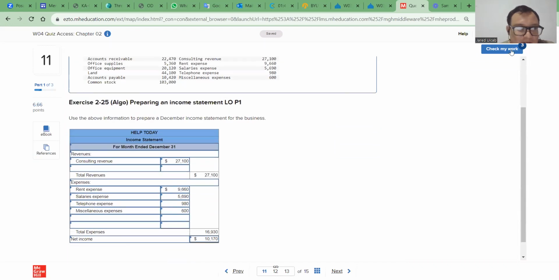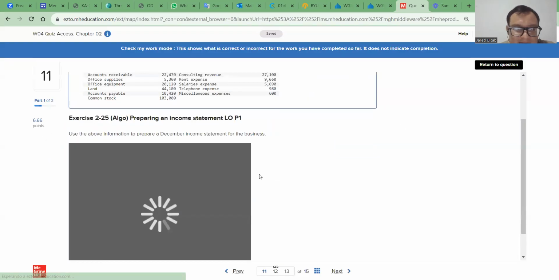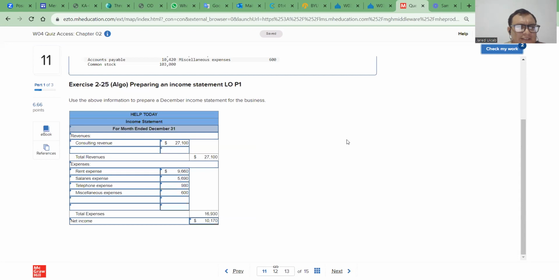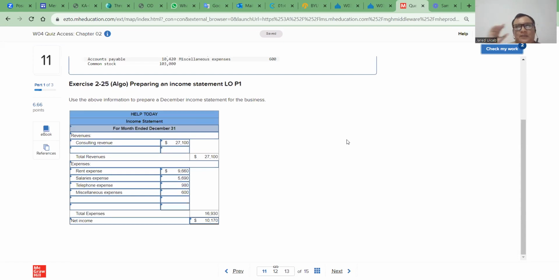And for the income statement, okay, everything is correct. This time I went backwards, but the recommendation is to start by checking that the income statement is correct first, and then the next statement,